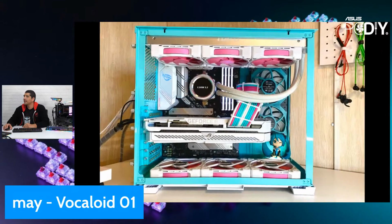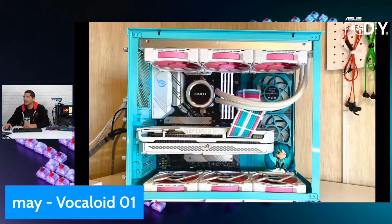But overall, here we can see the build. Really clean. We've got an ROG Strix Space motherboard with, of course, an ROG Strix graphics card in white from the prior generation, so a 30 series right there. Lian Li's cooler, really nice. And then, of course, custom fans have been added in for the accent colors right there. These should be from TT. And then even, of course, a nice little figurine to go ahead and round it out. Overall, really cool. Really nicely done right there. Let's go ahead and see if we got any...